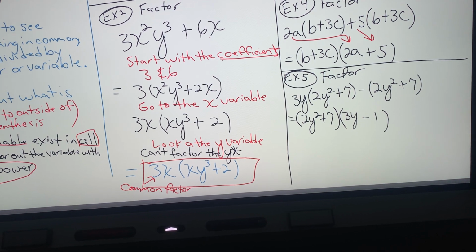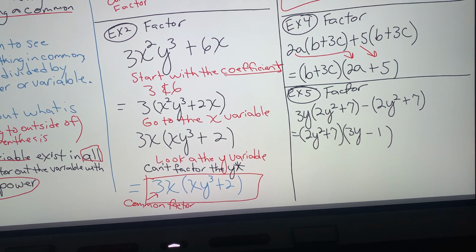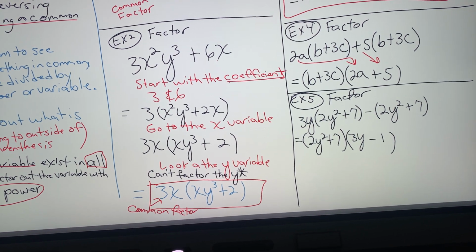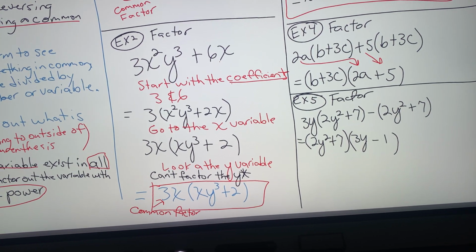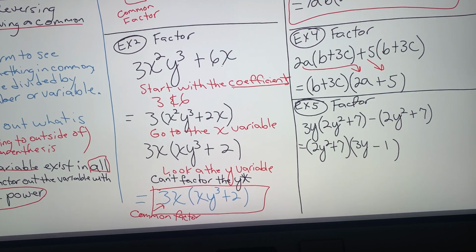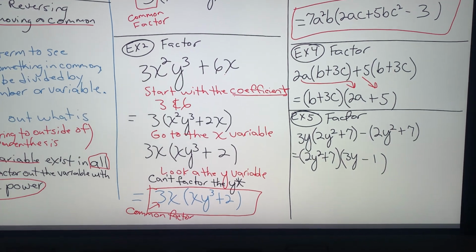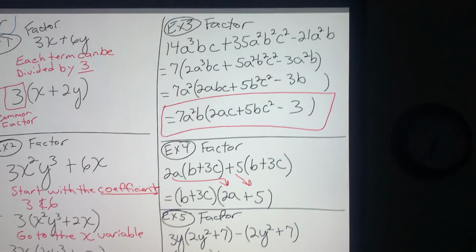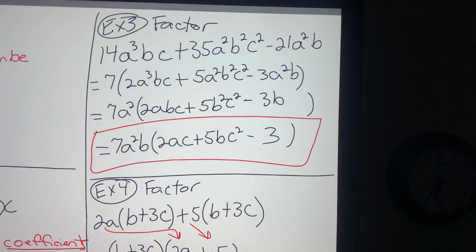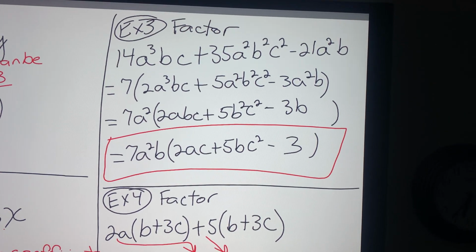Y is not in each one of the terms. So if a variable can't be divided out of each one of the terms, then we cannot factor it out, or we cannot do anything with it. So the same thing applies to a problem like this here. We make sure that we